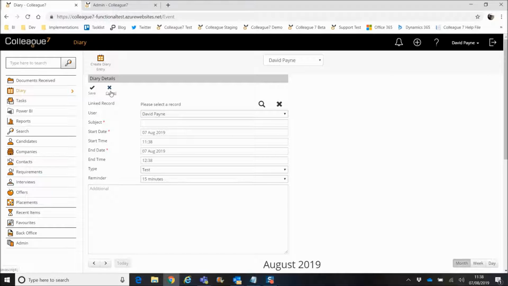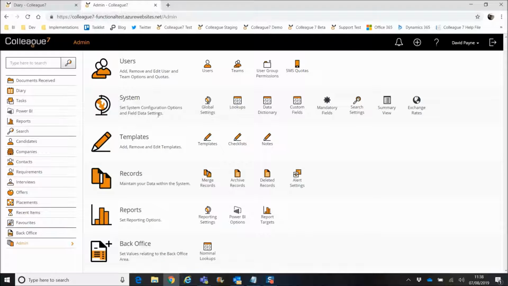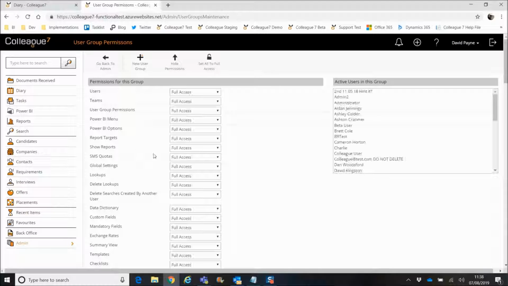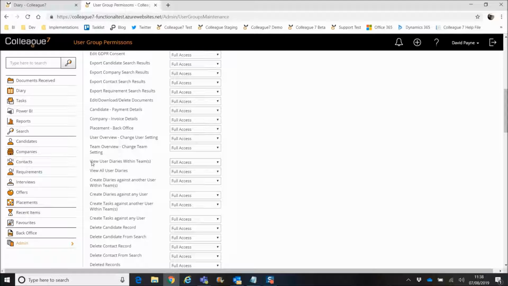So if I just go through how this works from a user group permission level, and then we'll go through the workflow. Within the admin area, under user group permissions, go into that user group permission there, you'll see listed here, you've got an option for view user diaries within Teams, view all user diaries, create diaries against another user within team, and create diaries against any user. So just to go through what these each mean,